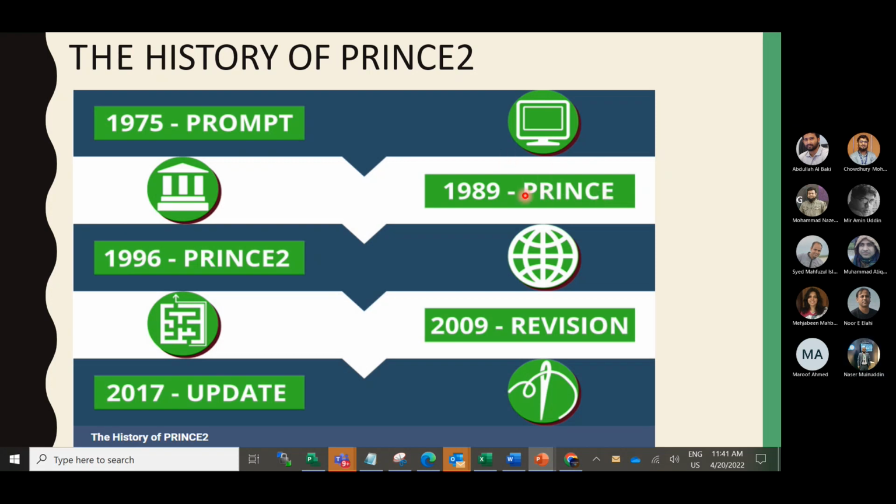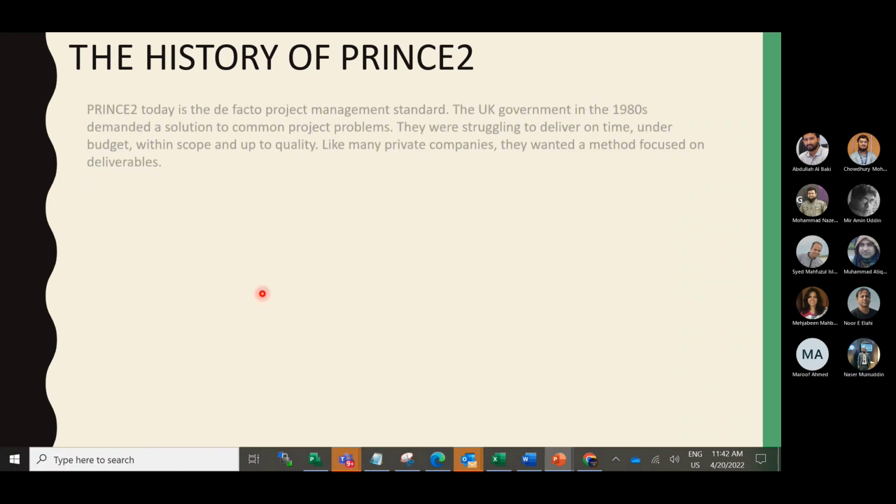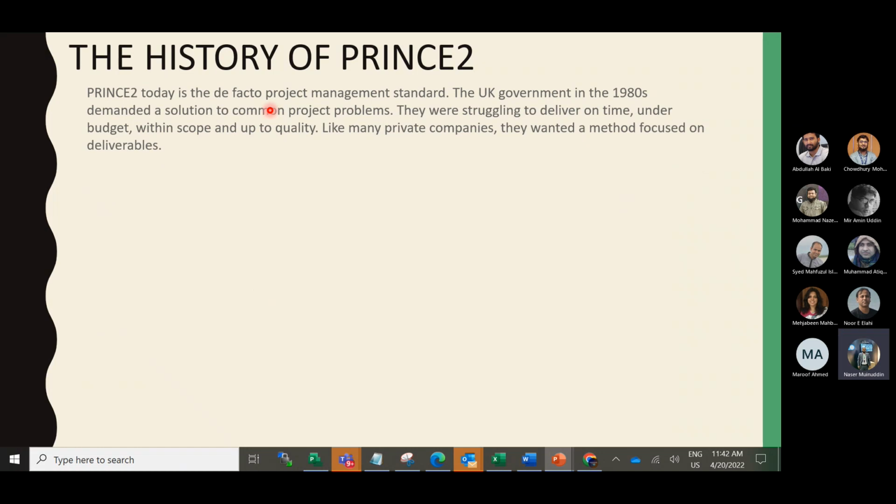Then in 1996, Prince2 was officially launched, moving from Prince to Prince2. Then in 2009, the first major revision of Prince2, and in 2017, the second major update. So Prince2 today is a de facto project management standard.